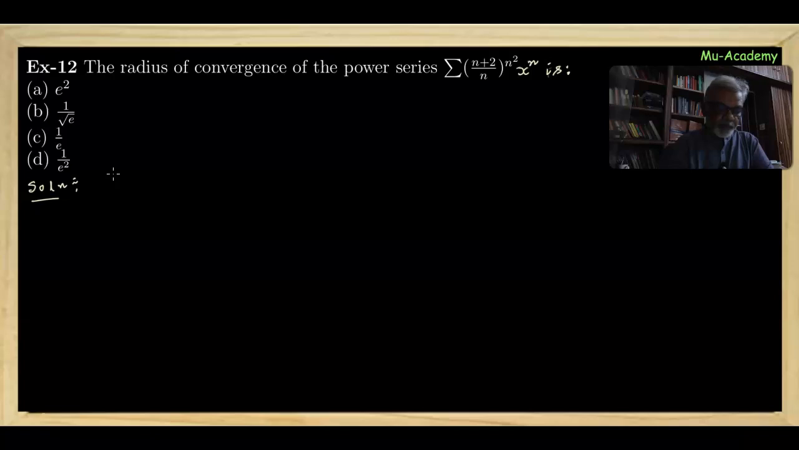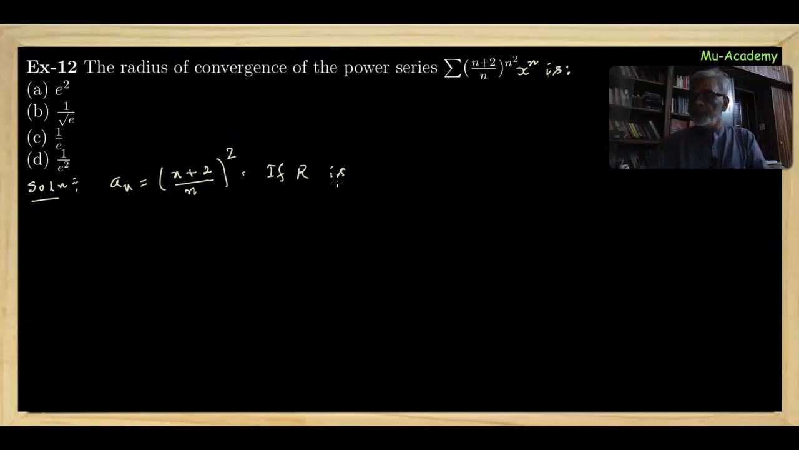Now here consider a_n equal to ((n plus 2) by n) raised to n square. We know that the radius of convergence is defined if r is